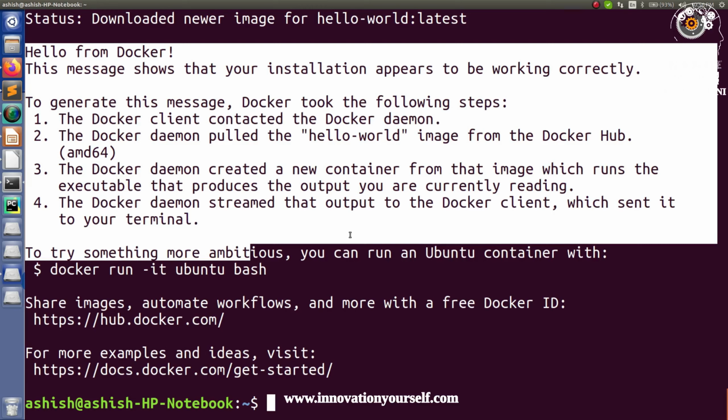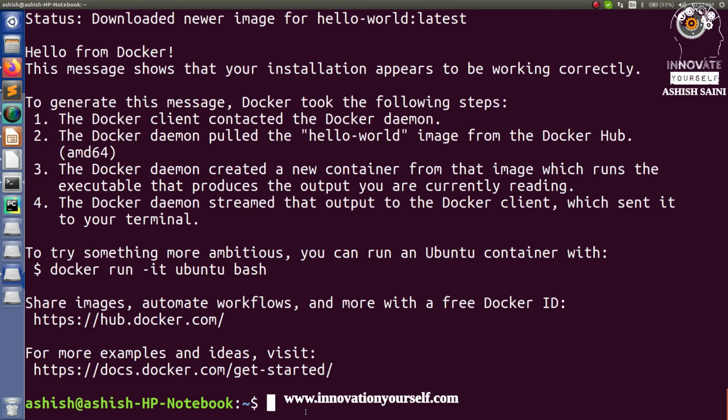So this is all about the installation of Docker onto your local machine, right? Now I hope you have got the idea of how you can install your Docker engine onto your local machine and further create multiple images, right? And as I'm saying, this is an image, so let me also show you how you can check this image, or let's say where you will find this image which you have just installed onto your machine.